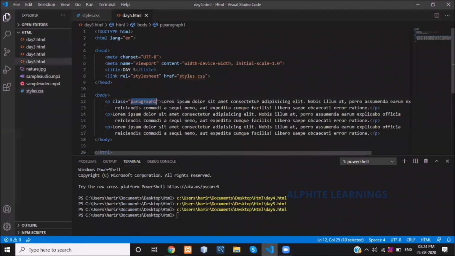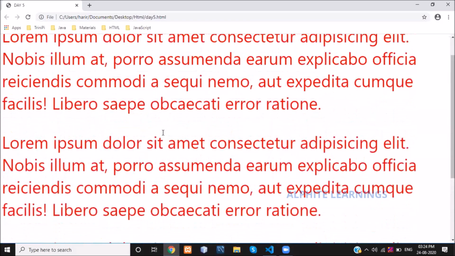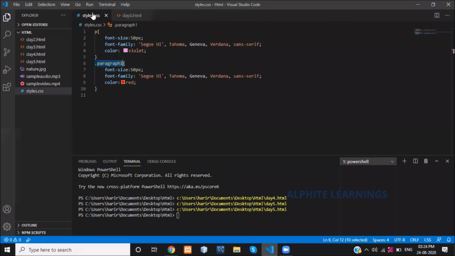You can use the class name for all 3 paragraphs also, and all will display in the red color. This is all about defining a class in HTML and declaring the class in the CSS.